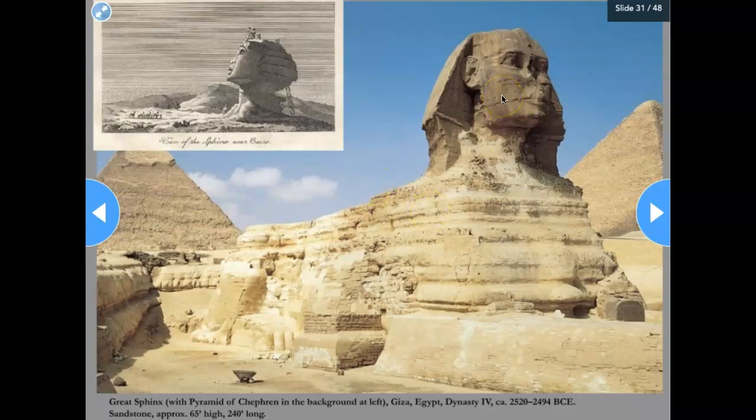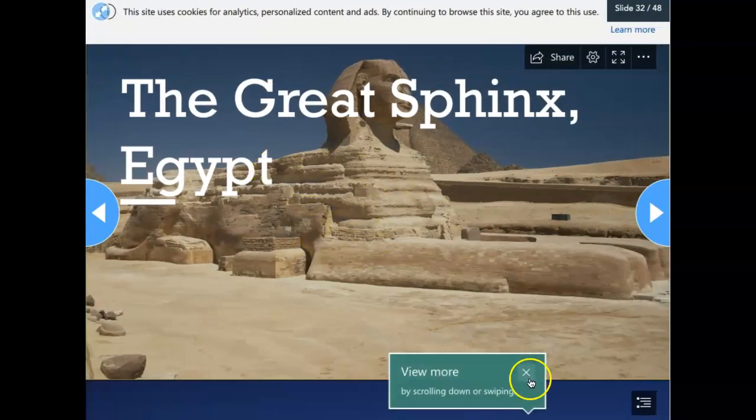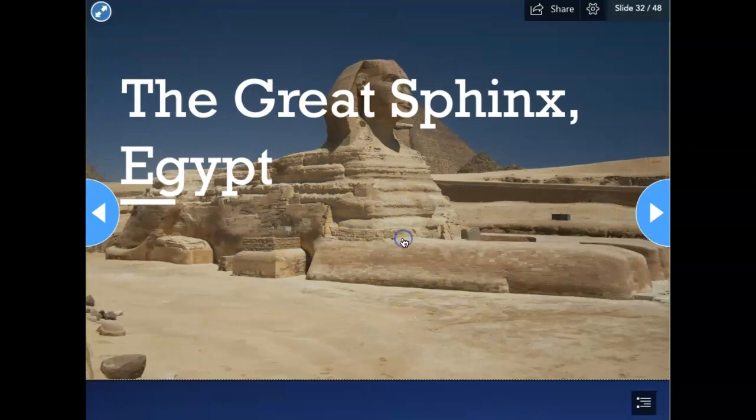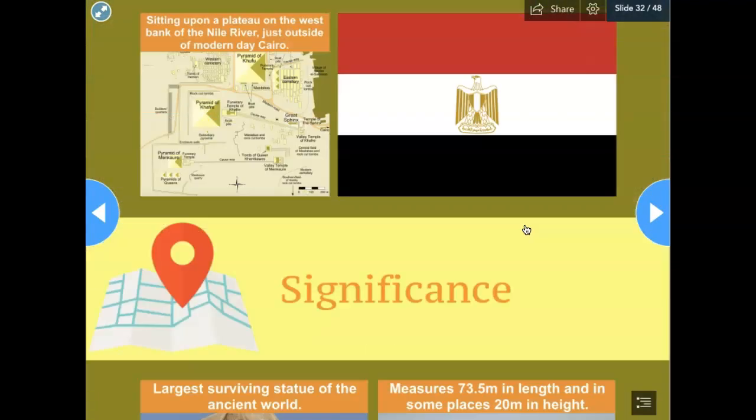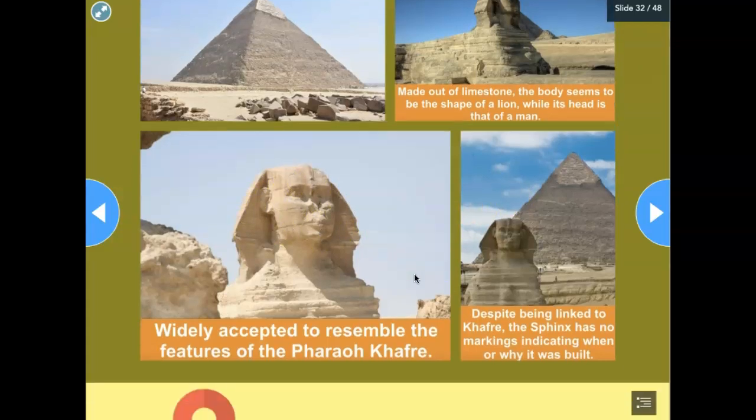It's actually carved out of one monolithic statue out of living rock. And it's really quite an accomplishment. You can see that it's 240 feet long, right? Remember I told you guys we gotta look at the boxes and we can learn a little bit more detail about them. So there you have it. And again, another one of these Microsoft Sways with information about the Great Sphinx, some really good photos, where it is, and that it is believed to be in fact a portrait of what Khafre looked like,